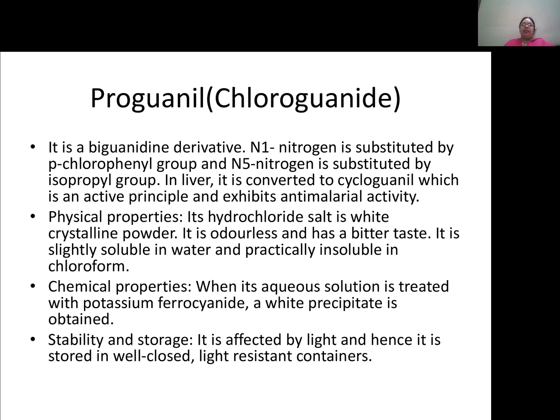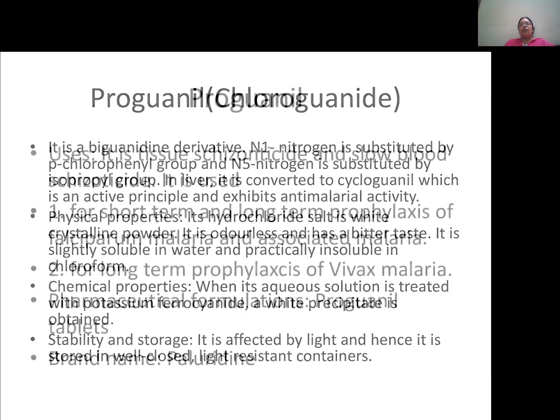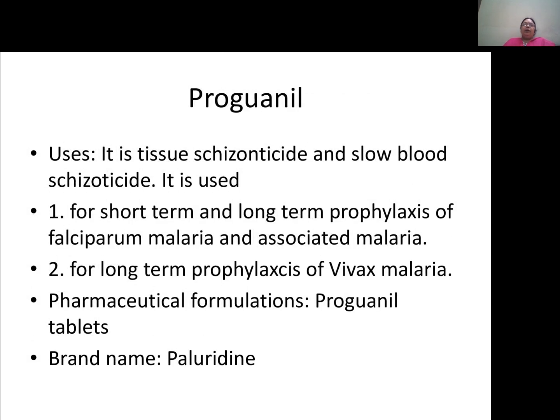Stability and storage: it is affected by light and hence it is stored in well closed light resistant containers. Uses of proguanil: it is a tissue schizonticide and slow blood schizonticide. It is used for short term and long term prophylaxis of falciparum malaria and associated malaria, for long term prophylaxis